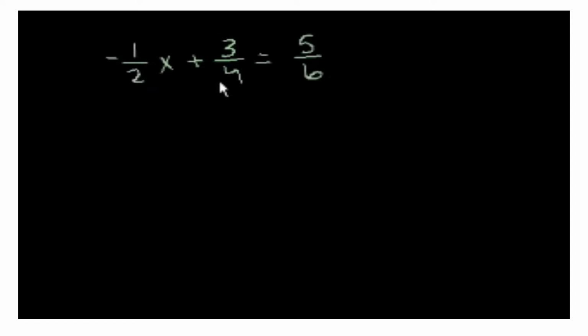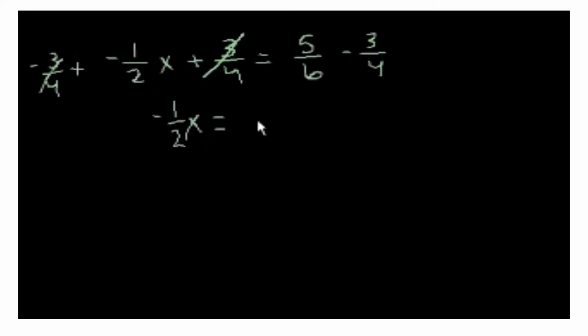First, we just want to get this 3/4 out of the left-hand side of the equation. If you want to try working this out yourself, you might want to pause the video and then play it once you're ready to see how I do it. But anyway, let me move forward, assuming you haven't paused it. If we want to get rid of this 3/4, all we do is subtract 3/4 from both sides of this equation. Minus 3/4. Well, the left-hand side, the 3/4s just cancel, and we get minus 1/2 x equals,